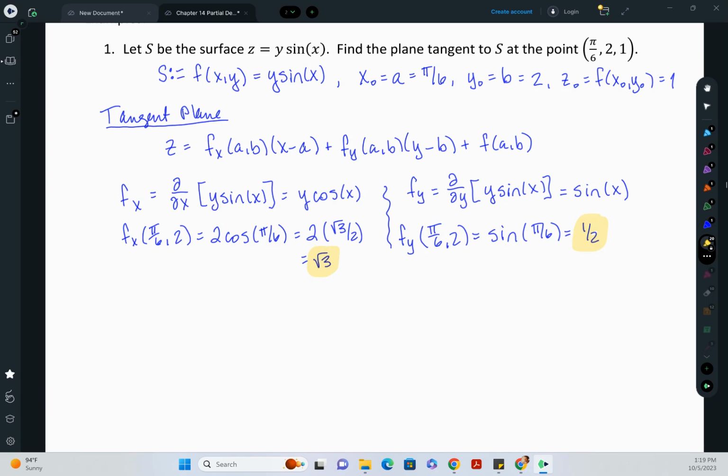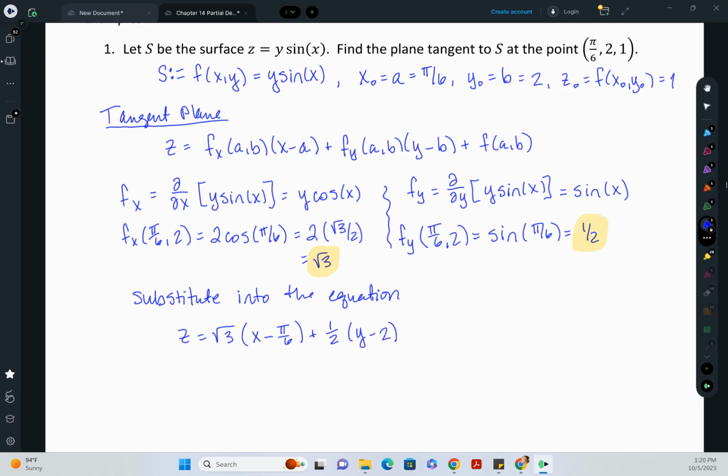It looks like actually I can just go ahead and plug everything in. All right, so the next thing to do is substitute into the equation. So z is equal to f sub x at the point, which is square root 3, times x minus a, where a is pi over 6, plus f sub y at the point is 1/2, times y minus b, where b is 2,